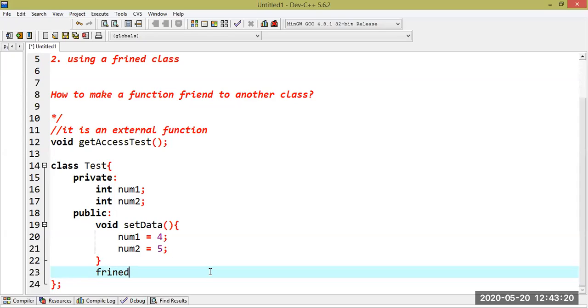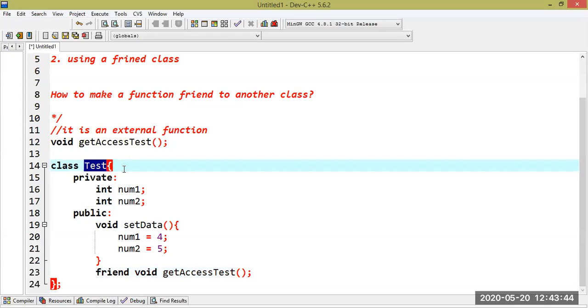For this purpose, we're going to use the friend keyword and declare this function as a friend inside the class: void getAccessTest. So now the getAccessTest function is a friend function of class Test.